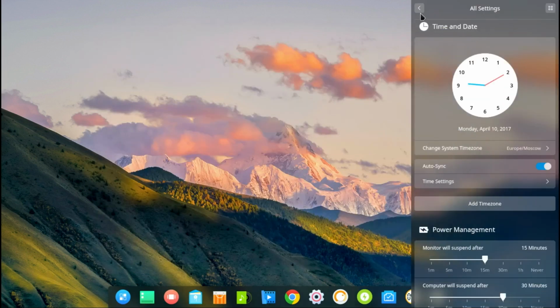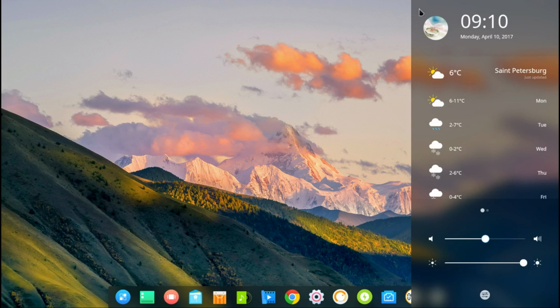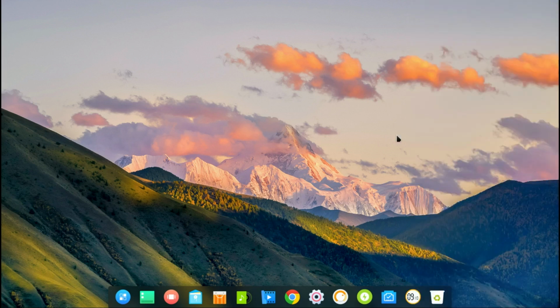And yeah, the time settings, as you can see, the settings still looks beautiful. The locking screen also looks absolutely perfect there. Their Wetterbox